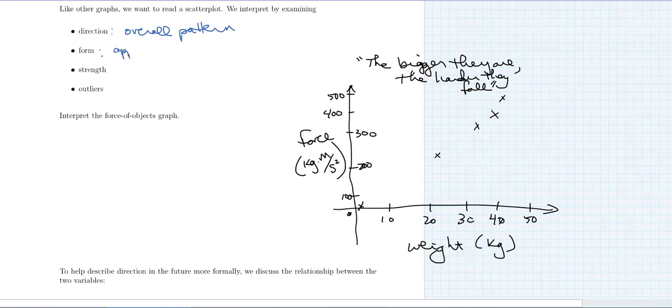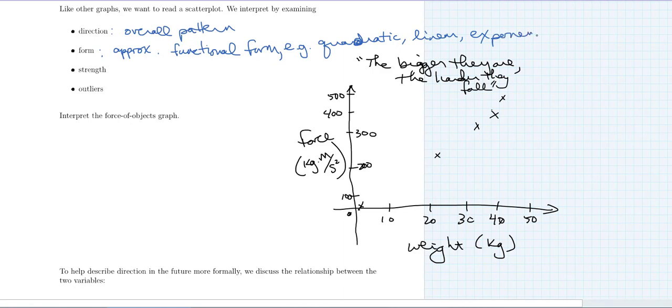And what that means is it could take on a quadratic form, it could take on a linear form, exponential, etc. So approximate functional form, where the examples I gave were quadratic, linear, exponential, etc. And if you don't remember what these functions look like, you should really go back and review quadratics and exponentials from algebra. Alright, the third thing you want to describe is something called strength, and this is how closely the